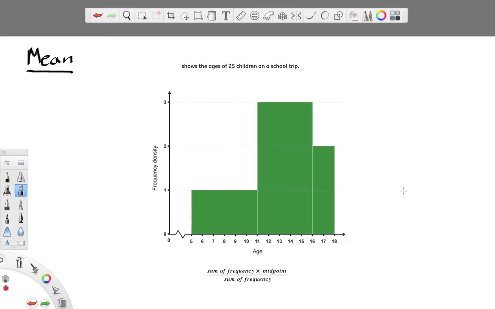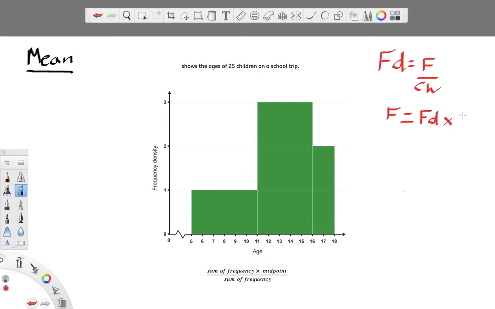So we're now going to calculate an estimate for the mean of this data for this histogram. Again, it says that it shows the ages of 25 children on a school trip, and here's our histogram. We know that frequency density on our vertical axis is equal to the frequency divided by the class width. So if we want the frequency, we have to do frequency density